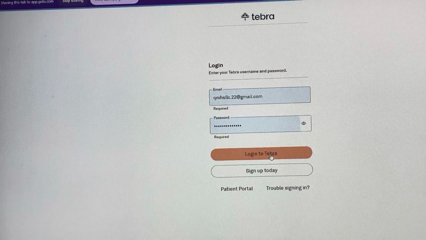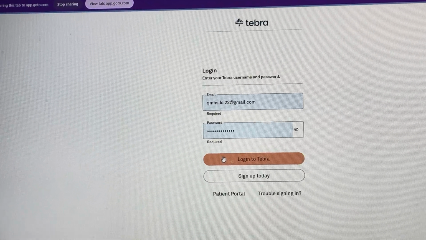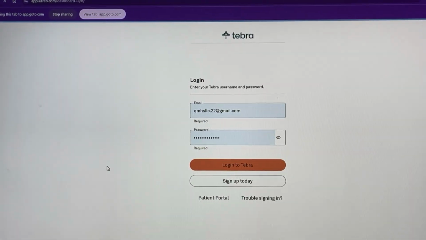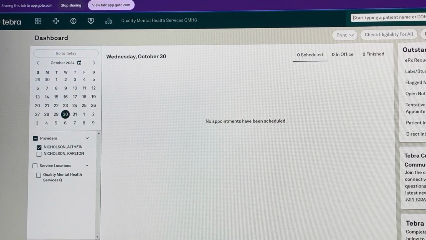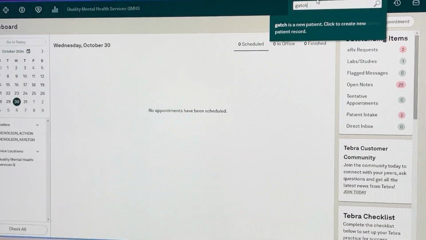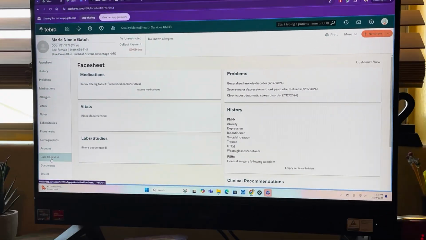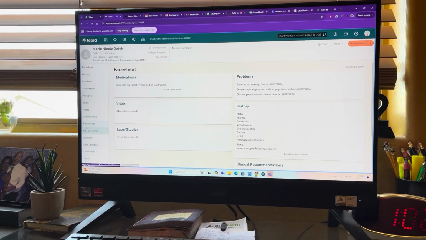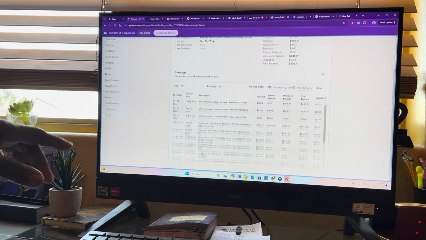So what happened is I have a patient I've been seeing since July, and I found out that I was billing the wrong insurance. And so all of the bills that I've sent, it's showing up as a credit in her account, and it freaked me out. I'm like, oh my God, I don't know how to fix this. So in her account. Can you show me,